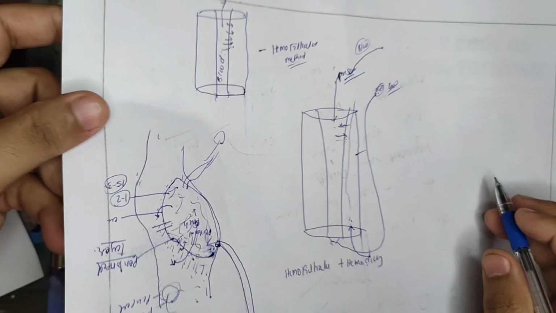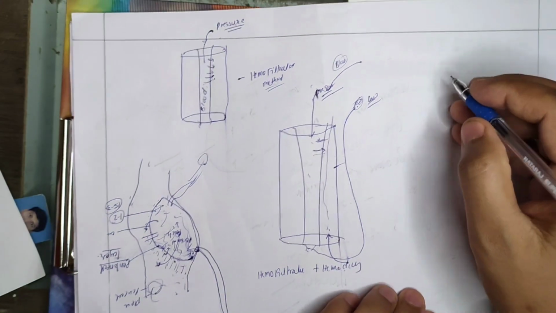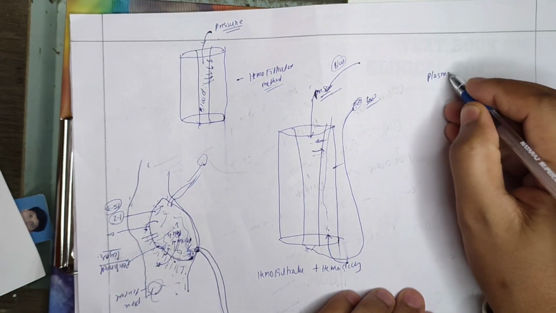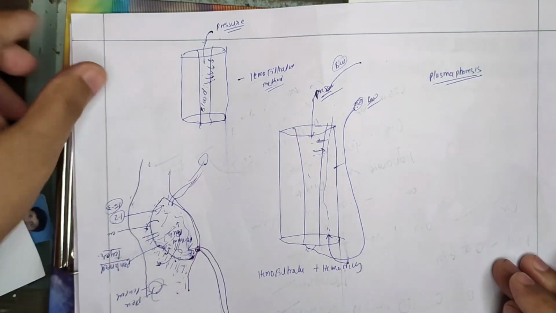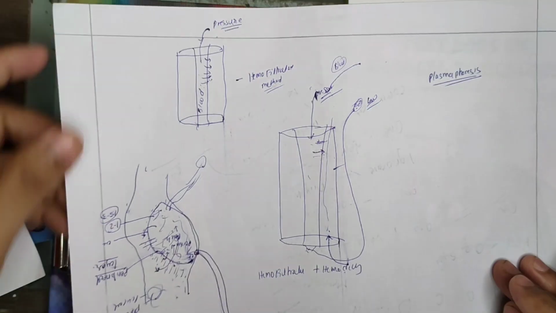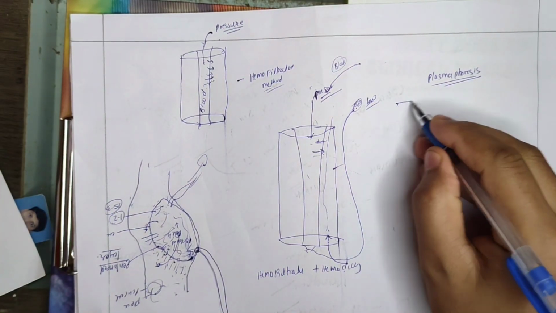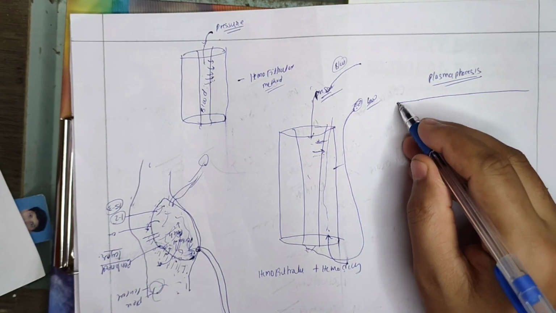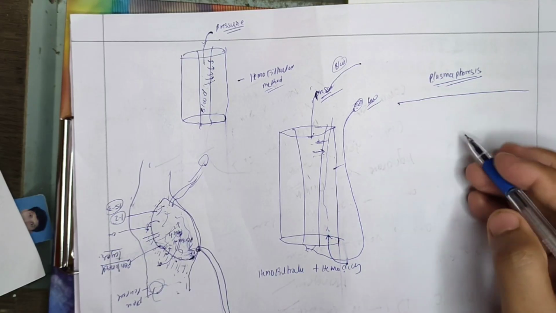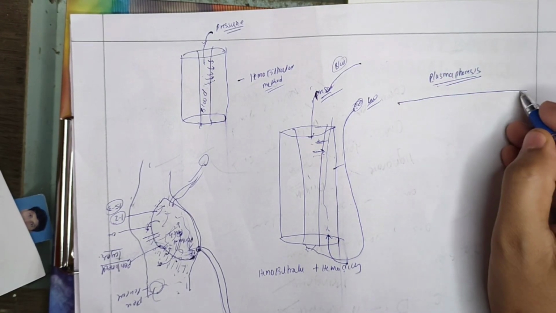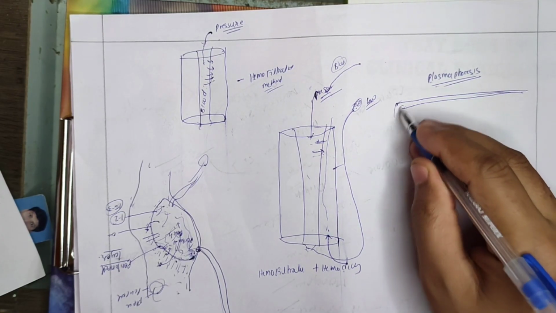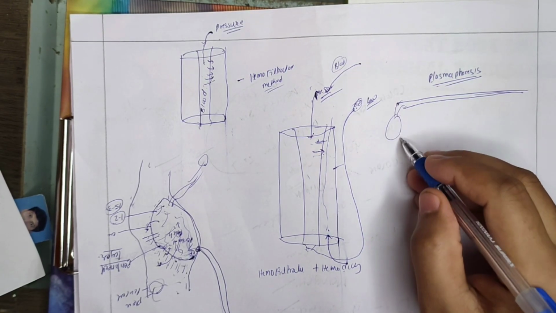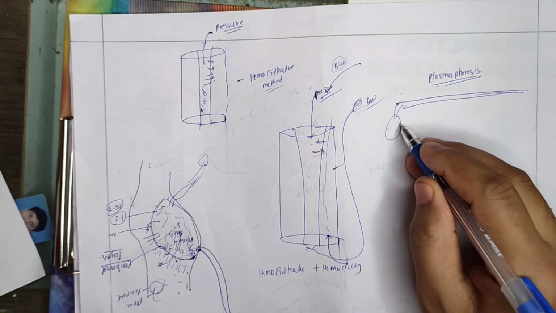Now, another important technique is plasmapheresis. This is one of the highly sophisticated techniques, seldom available in a hospital setup. Very advanced care, tertiary and quaternary care hospitals have this facility. In this method, we are sending the blood to one device. What this device will do is isolate